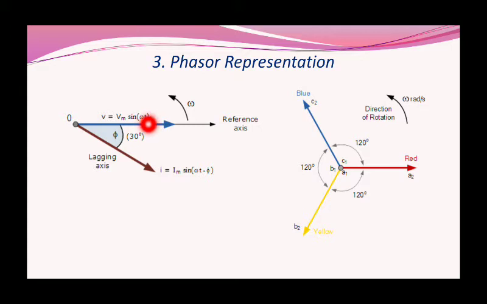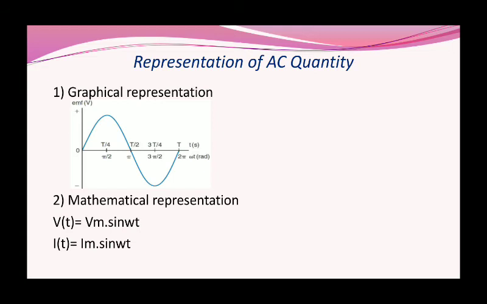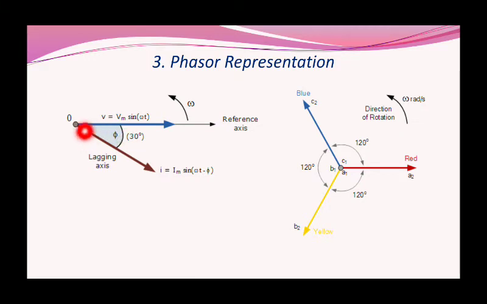There is no plus or minus after omega t, so that comes at 0, means it will start from 0. As you can see, this is the voltage waveform, it's starting from 0. That's why we write it as v of t is equal to Vm sin omega t. So if the voltage equation starts from 0 degree, then we keep it on the reference axis and show it with the arrow. And then for example, consider there is current also, then we show it by another phasor, another arrow.